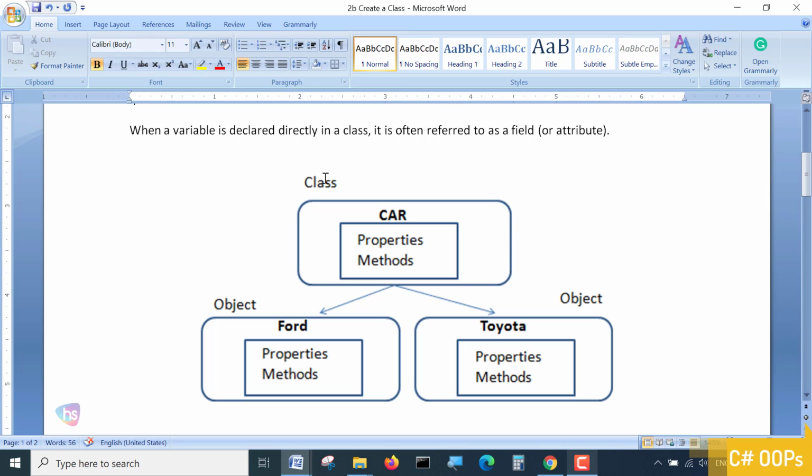Okay, so see here, it is a declaration of a class. It's a Car, and it has properties and methods. Inside a class there will be objects. Ford is an object and Toyota is an object, and each has independent properties and methods again. So they will be treated as objects,